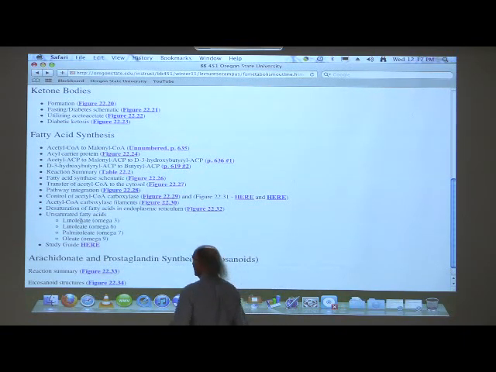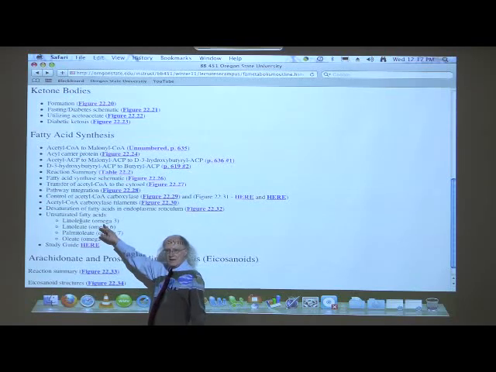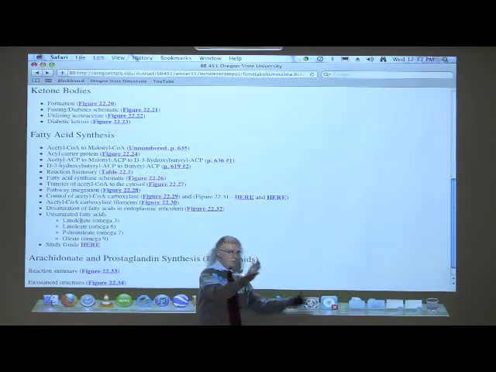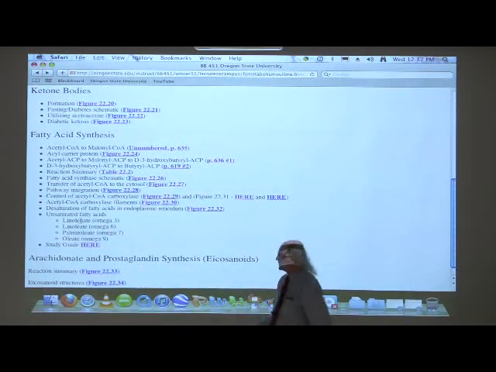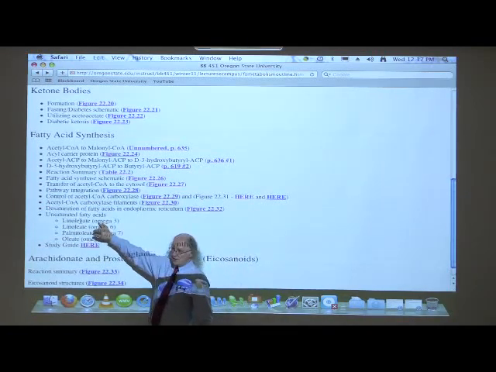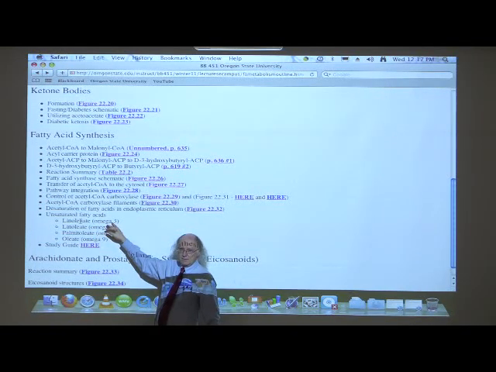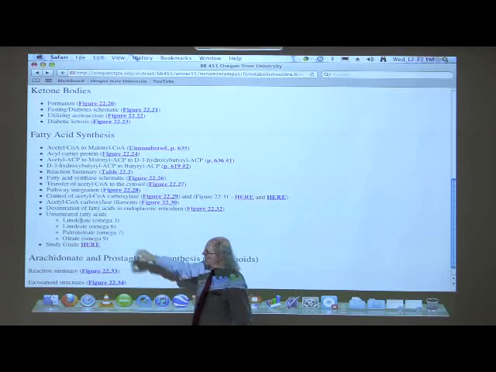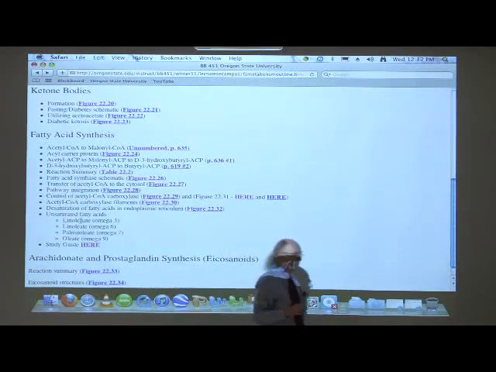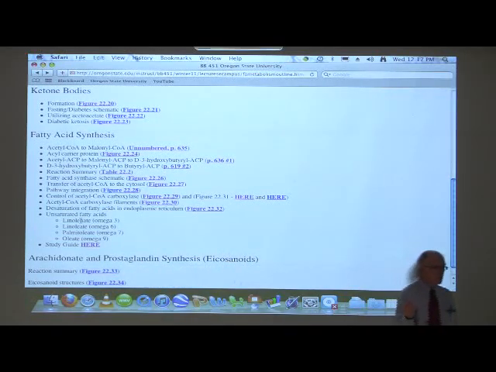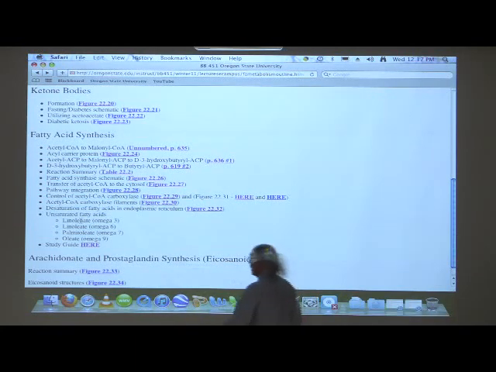Linolenic acid, and you'll notice the omega designation. Remember the omega designation? Instead of counting from the carboxyl, we start counting from the methyl end. So because this guy has 18 carbons, and its last double bond is at position 15, you can figure omega-3 means it's 3 from the methyl end. Okay? Linoleic acid has double bonds at positions 9 and 12. It also has 18 carbons. And since if we subtract 12 from 18, we get 6, this is an omega-6 fatty acid. Linoleic acid is also an